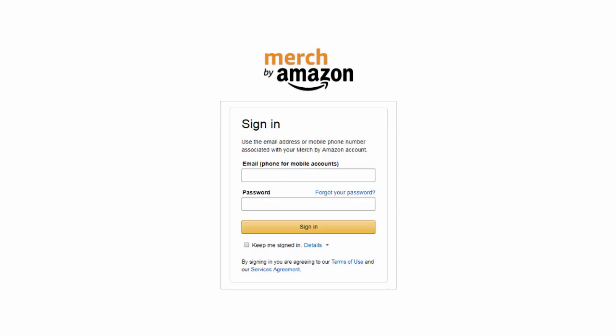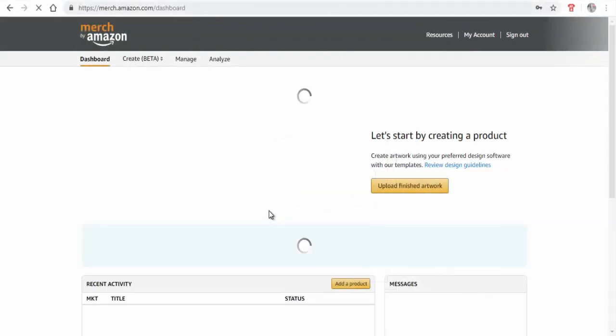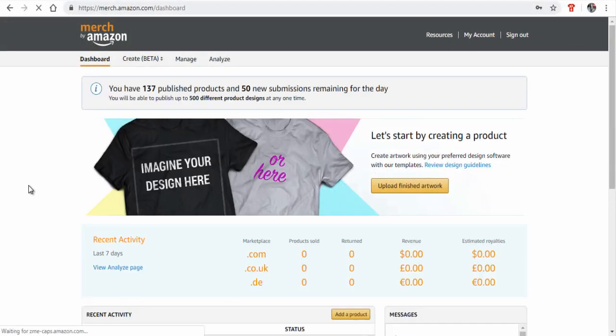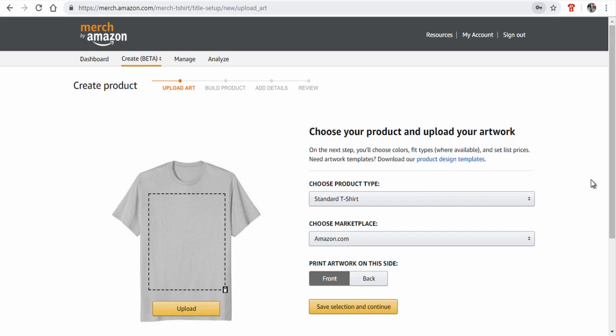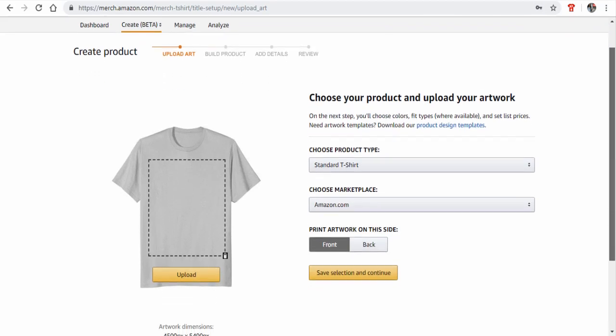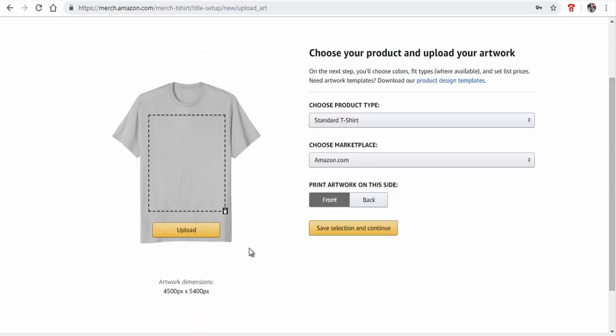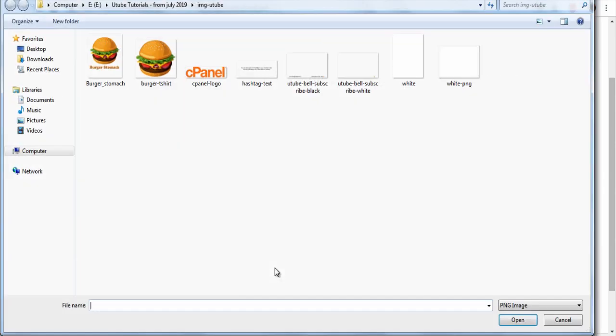Log in to the Merch Amazon website and next click the Upload Finish Artwork button. Next, in this page, we can upload our artwork for the t-shirt and other product details. Click the Upload button on the t-shirt here to upload your artwork